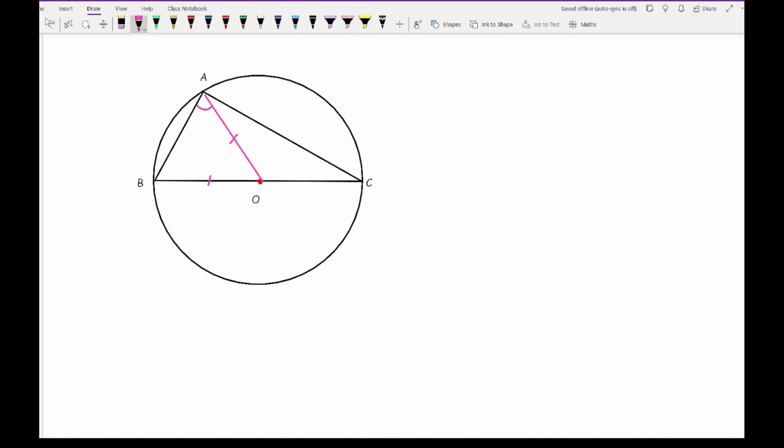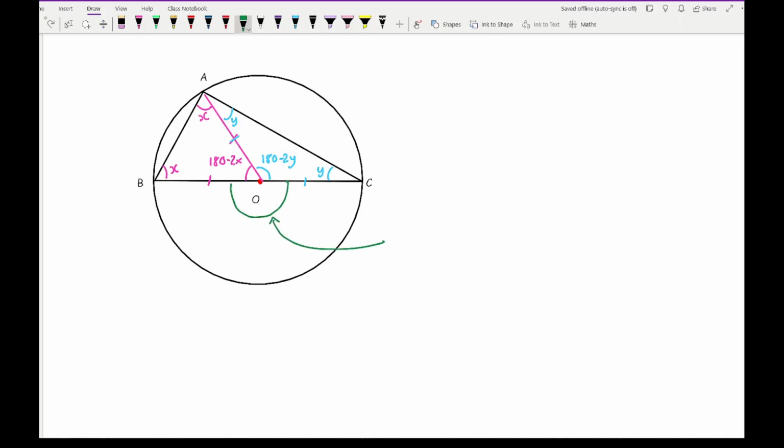So if this angle here is x, then this angle here is going to be x, and this angle here therefore is going to be 180 minus 2x. If I was to call this angle here y, then this angle here would be y, because again that's an isosceles triangle because two sides are the radius. So then this angle here would be 180 minus 2y. So then to work out what this angle here is,